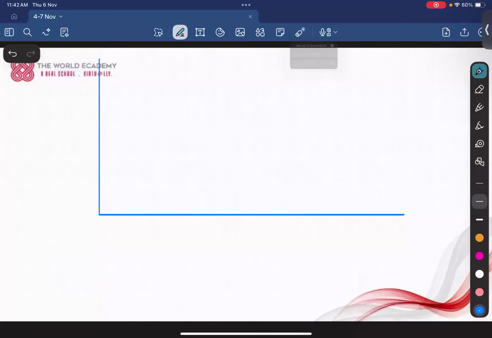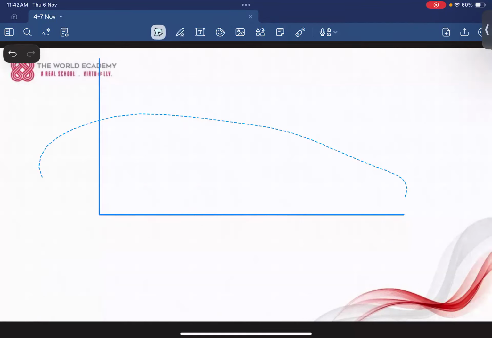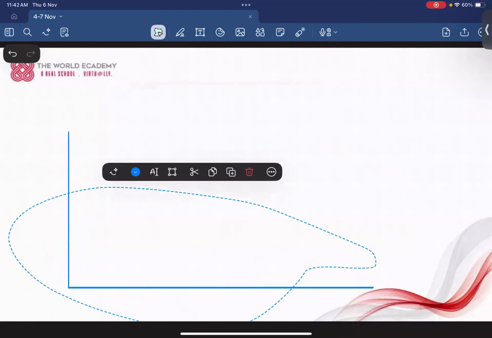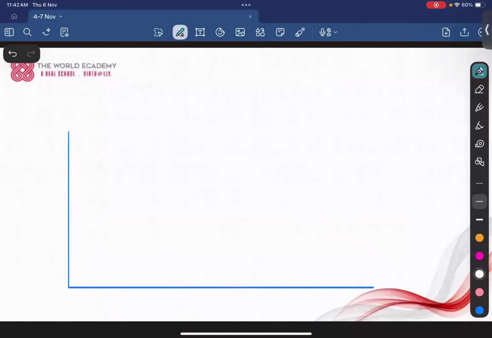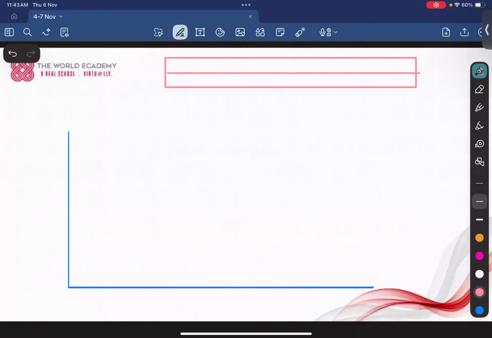I'm taking a ruler. In the question, they have given one table. I'm drawing the table. Here, this is your temperature in Celsius. This is amount of solid